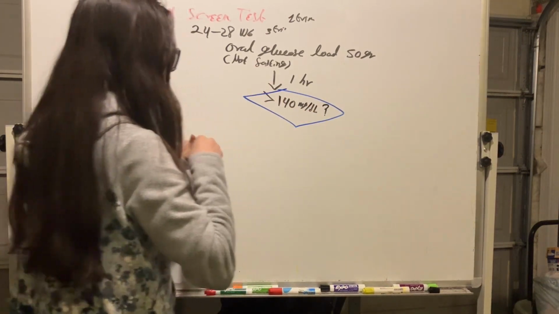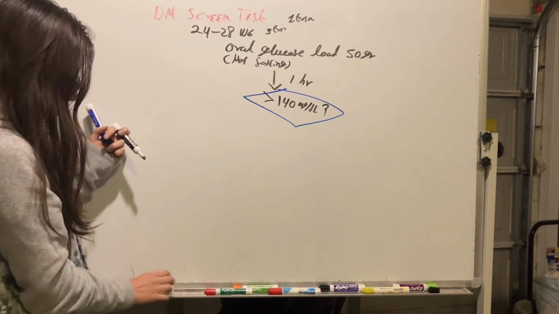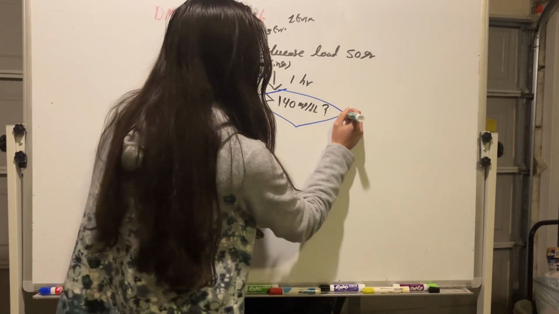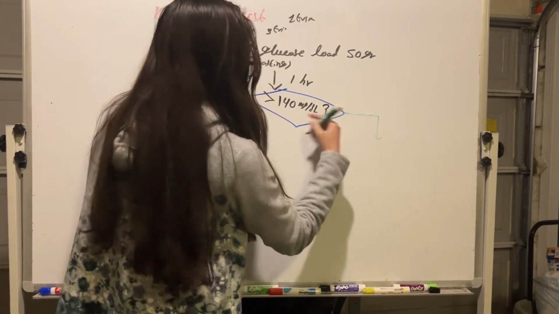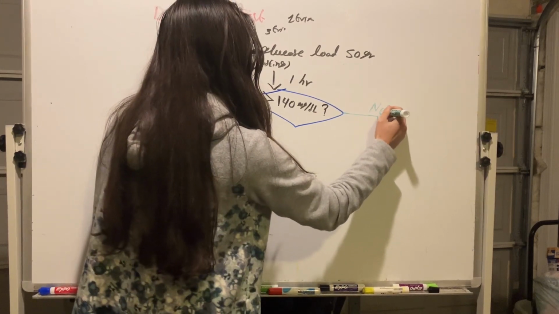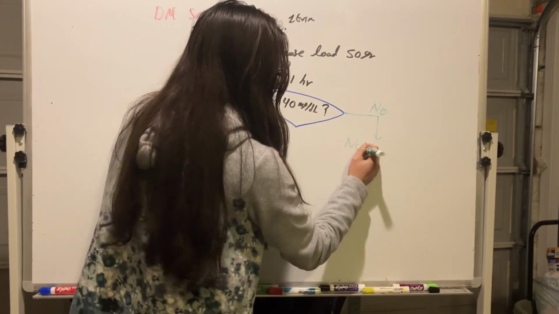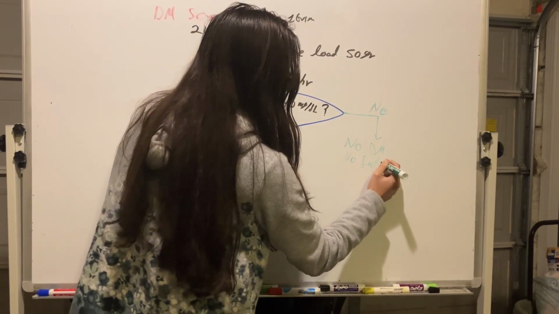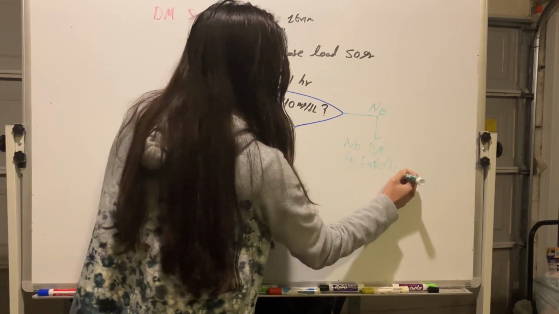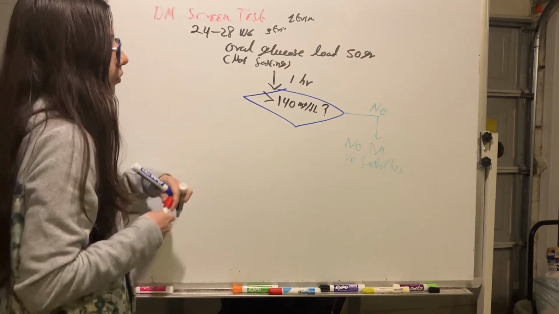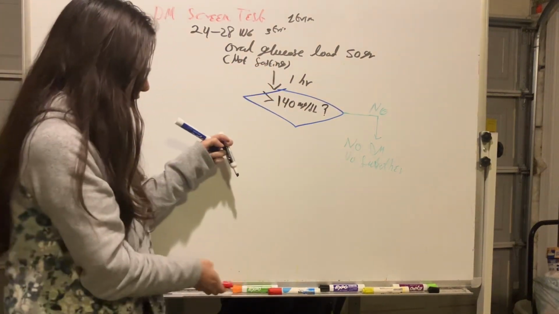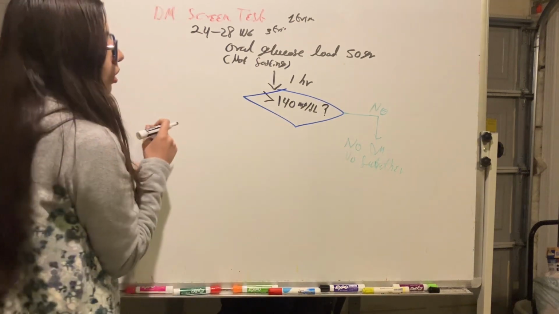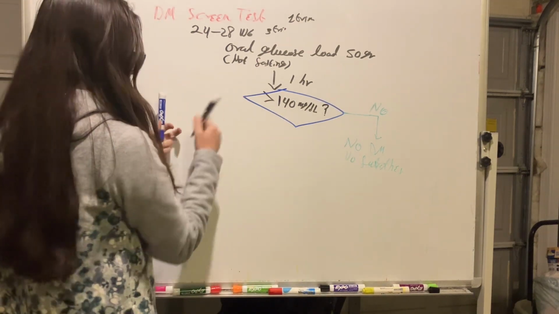So if the blood glucose is less than 140 after 1 hour, the patient does not have diabetes mellitus and no further testing is needed. If the blood glucose 1 hour after the oral glucose load of 50 grams is greater than 140, then